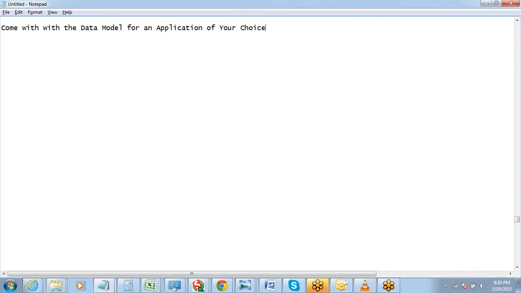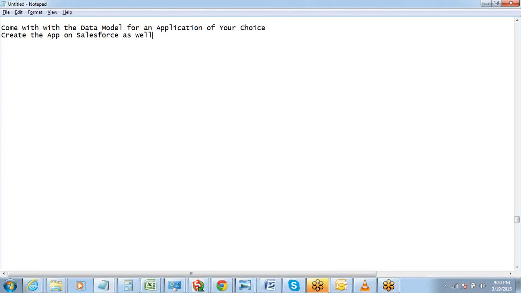I want you to come up with the data model. If possible, if you're done with the data model and if it looks good, create that application as well. Create the app on Salesforce as well. Okay, if possible. I'm not saying that definitely do that, but it will be great if you do that as well. The idea is pretty simple. I just want you to think of an app from your side, out of your knowledge, out of all the things you have seen. We did it for the project management app.